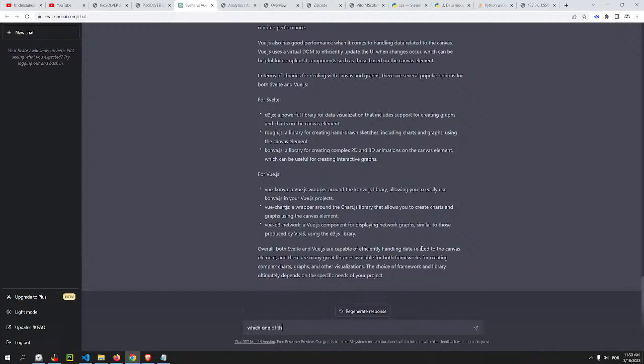Which one of the libraries mentioned is more similar to Vue.js to create network graphs of nodes that interact with